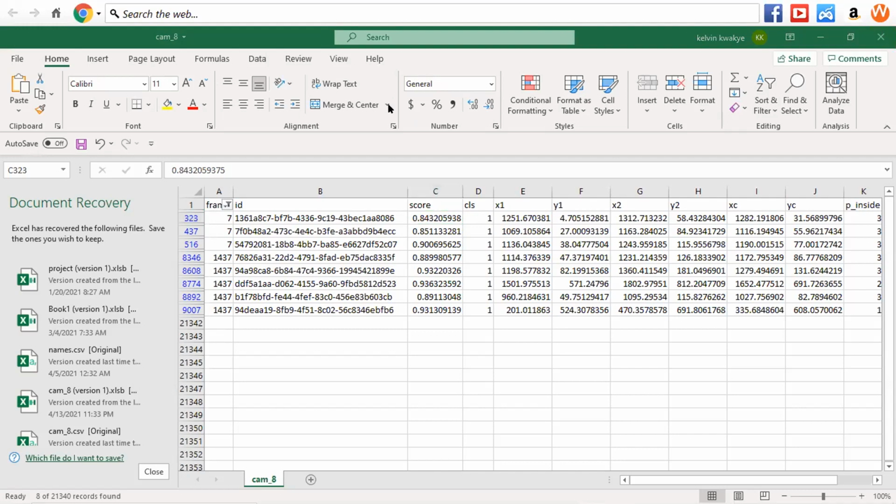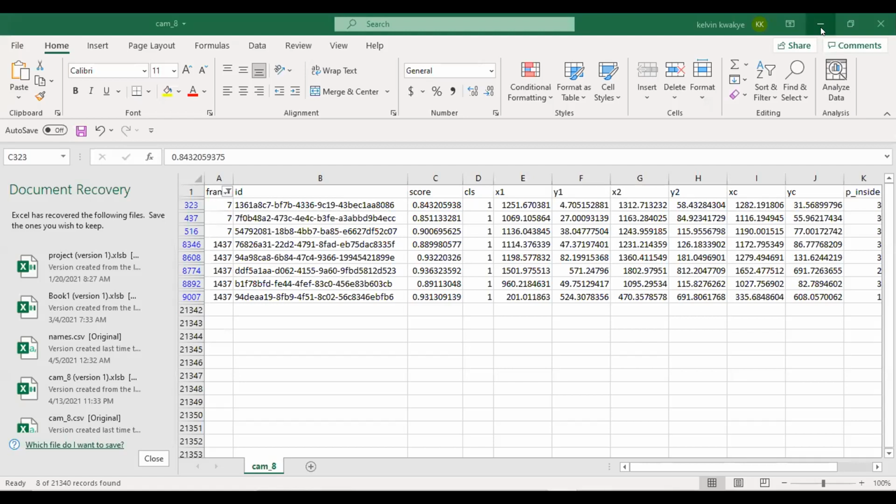I'll stop sharing. I've explained the CSV file to you. So let me go back to my PyCharm. I'll read the CSV file, and to read the CSV file, I use a library called pandas. Pandas allows us to manipulate data frames, which are data in the form of tables. It has a lot of functions, and it's one of the very good libraries in Python that we can always use. So I create a variable called data frame, then I read